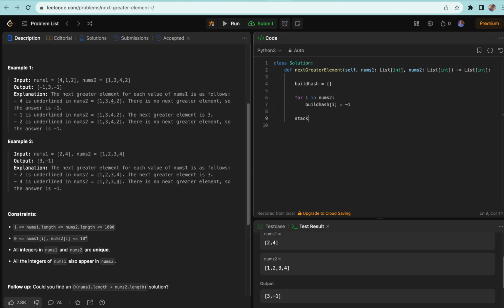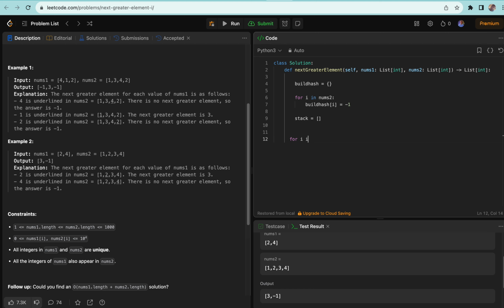So the next thing I'm going to do is I'm going to have a stack. And please, you can definitely write a better syntax than what I'm writing, right? Because I can do this in one line, right? I can even use list comprehension and do this in one line. So yeah. So the next thing I'll do is I have a stack, and then I go again through the